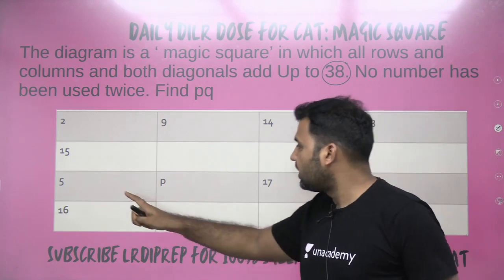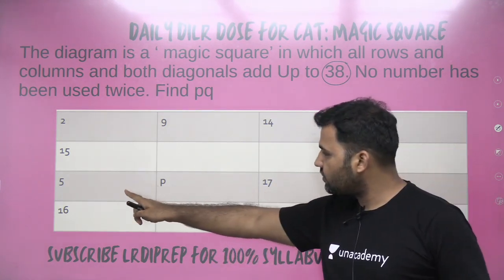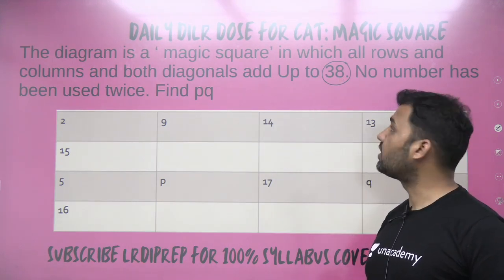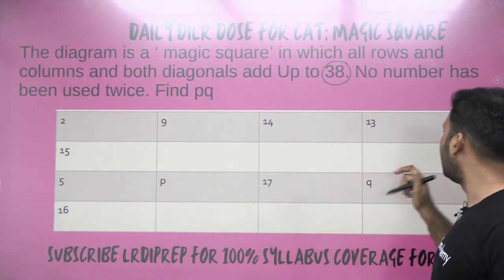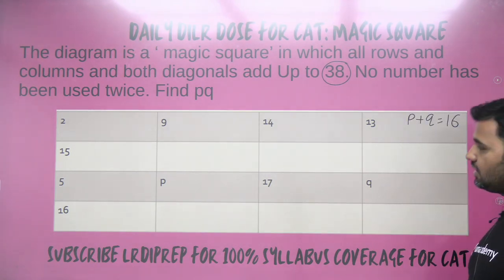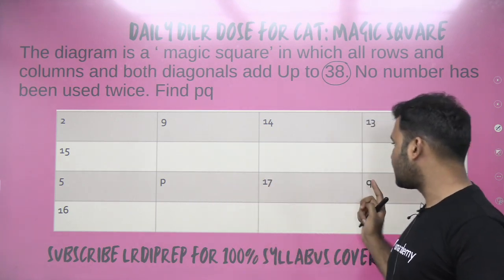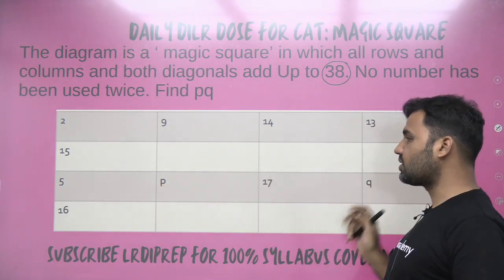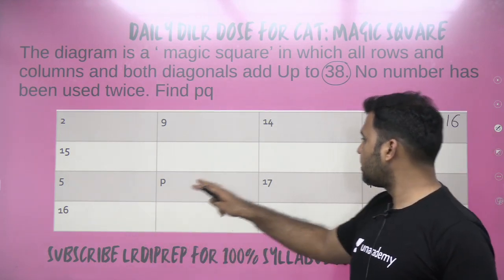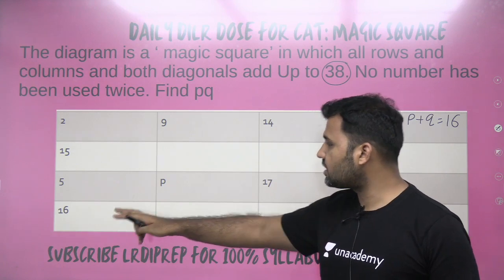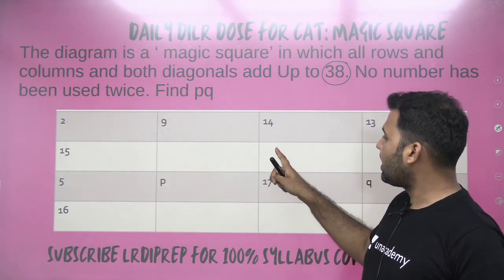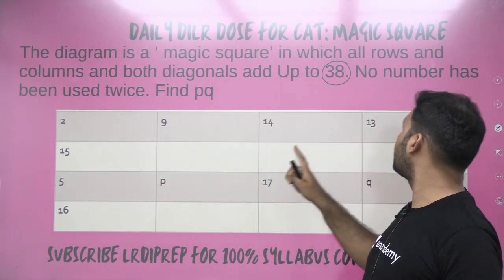You see that here, if I am looking for this value, this is 5, this is 17, 22. To meet the condition of the row wise summation to be 38, can I say that the value of P plus Q has to be equal to 16? Because only if P and Q sum to 16 will this whole row summation be equal to 38. And then the diagonal sum should also be equal to 38. This is 16, this is 13, that is 29. So whichever number comes over here, the summation should also be 38.